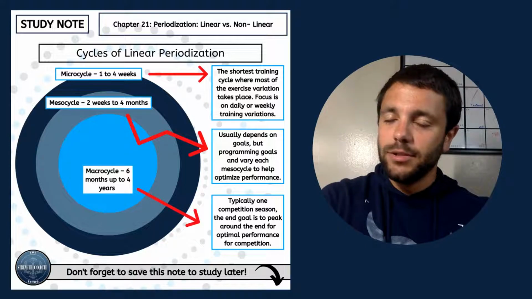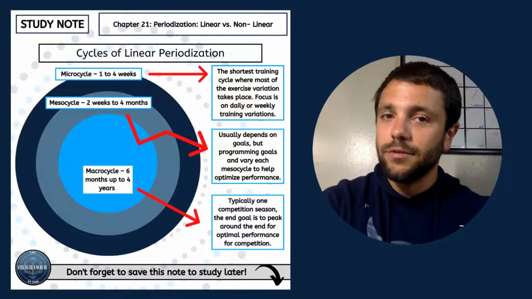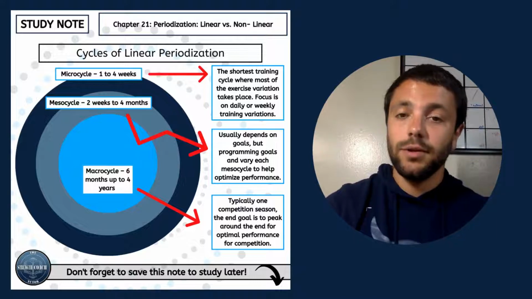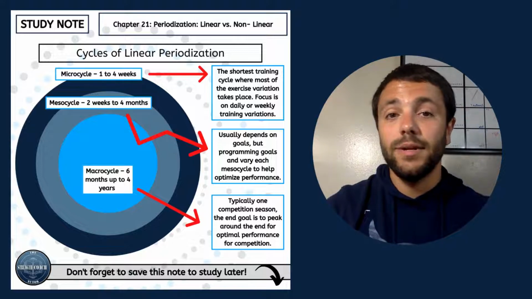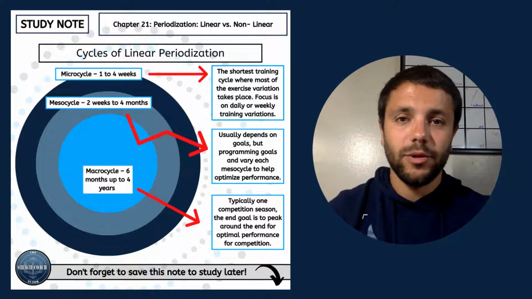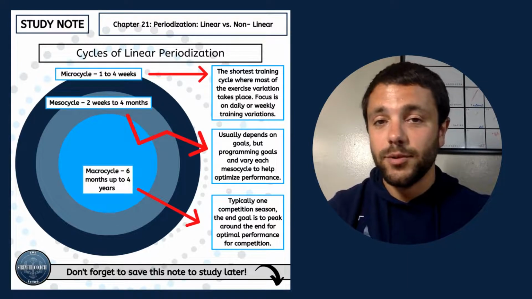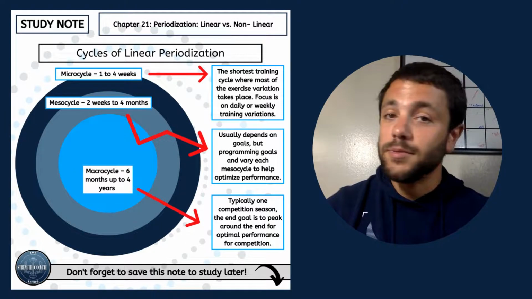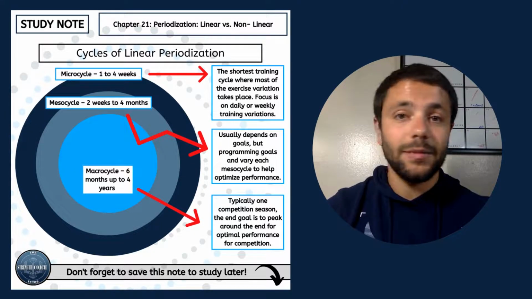We use that time span of 4 years typically due to Olympic athletes, right? The Olympics are once every 4 years, and certain athletes are going to be training for those certain events, or for whatever event they're competing in the Olympics. But in most cases, for the individuals we're working with, or if we're working with high school, collegiate, even professional sport athletes, especially team sports, their macrocycle is going to be 1 year, right?